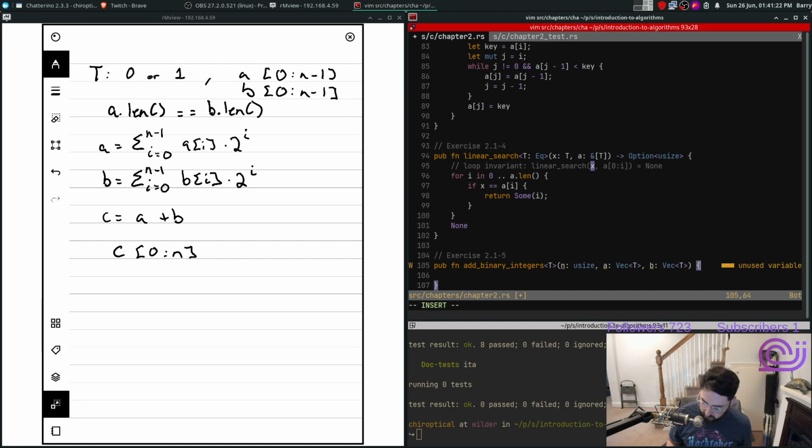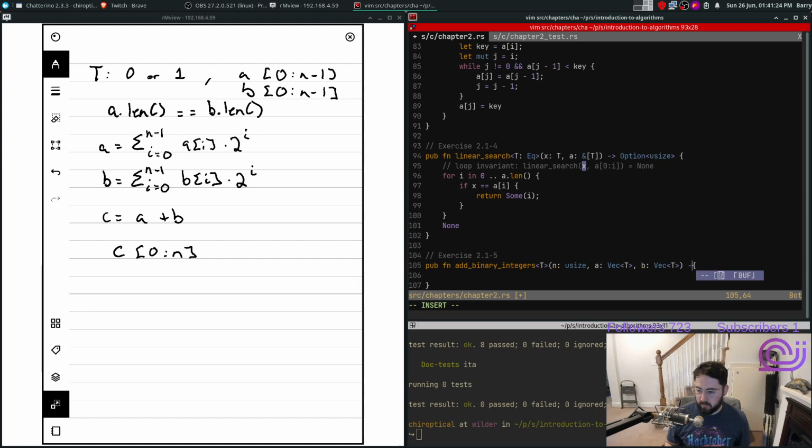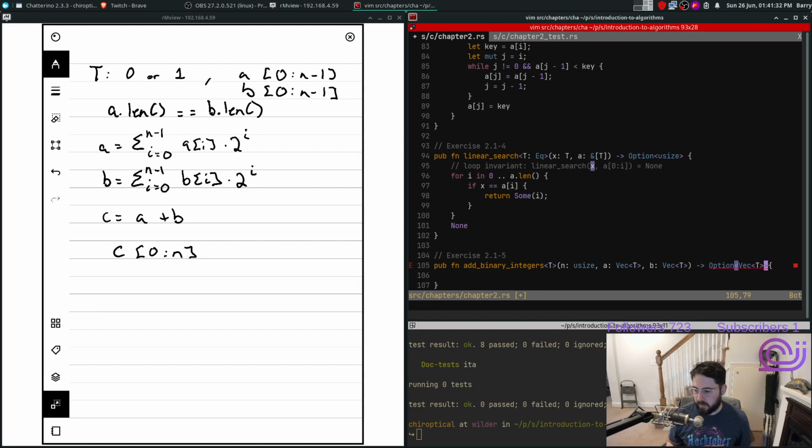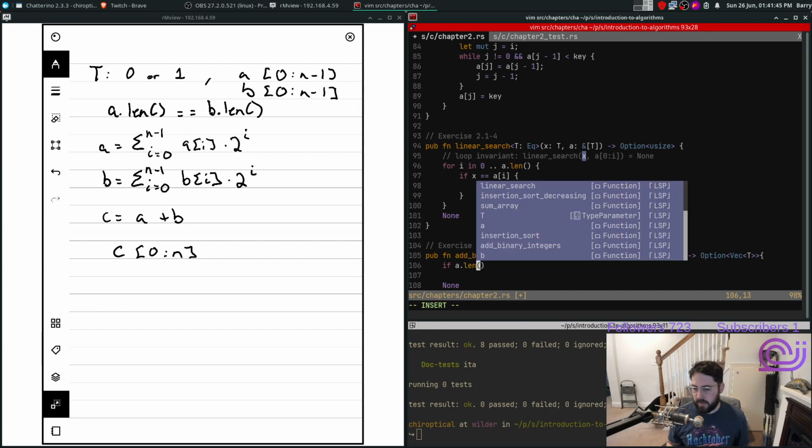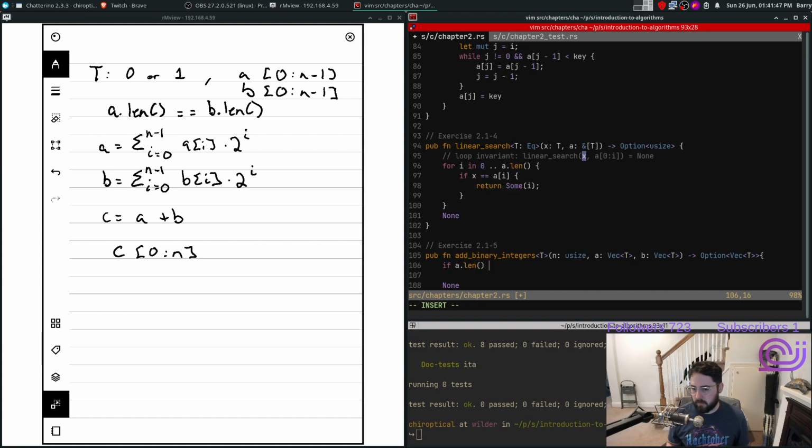And what is this thing going to return? It's going to return an option of vec of this T type, which we're going to create here in a second. And for now, it's going to return none. And it's also going to return none if a dot len minus